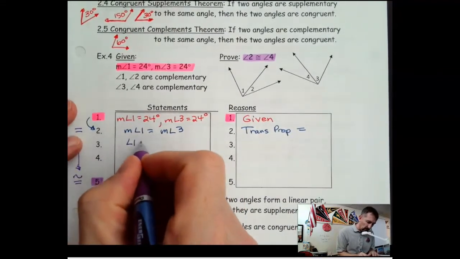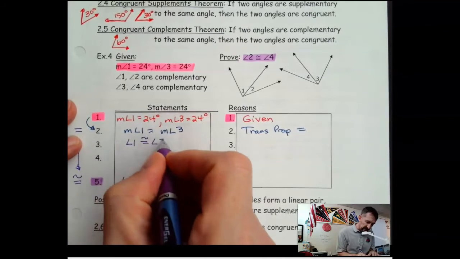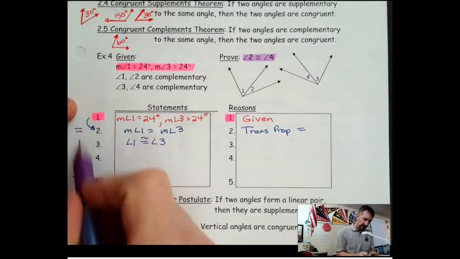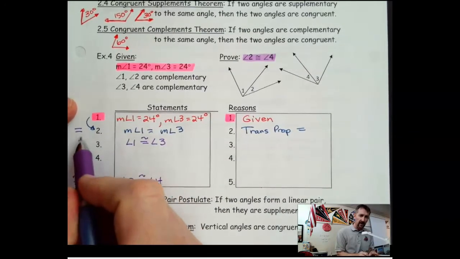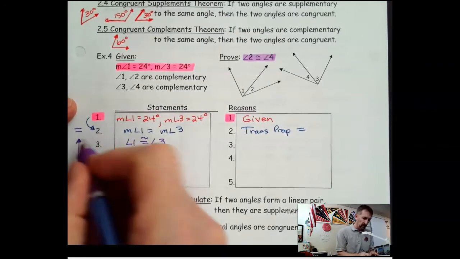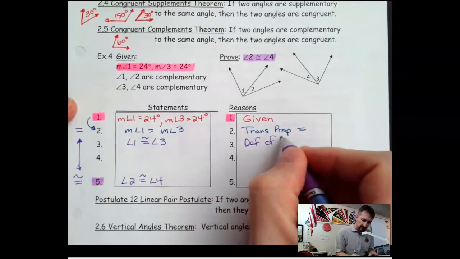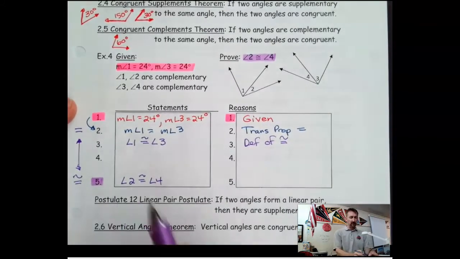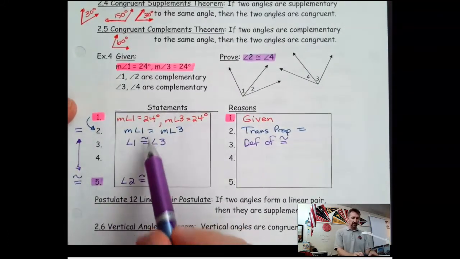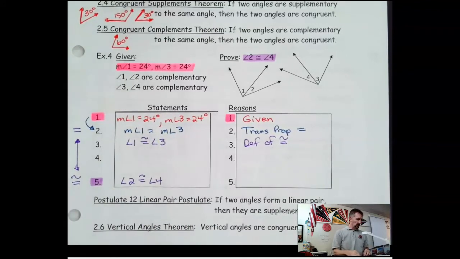So we're going to say angle 1 is congruent to angle 3. And anytime we have a switch, either way, that's the definition of congruent. So you just memorize that. And we should have been looking for that because it changed from equals to congruent. Okay, now